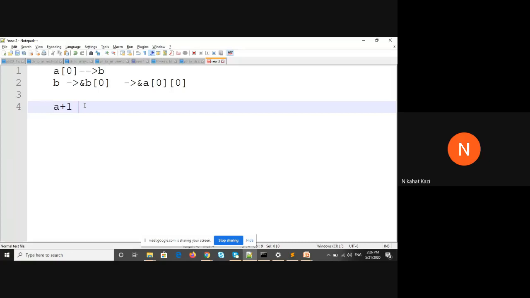What is A? A is my 2D array. Okay. Array name as it is, what is it? Address of the first element of the array. So this is nothing but address of first element of array A, which is A of 0. Okay. Plus 1. Everyone has got this expression. From this expression, everyone gets this expression clearly.